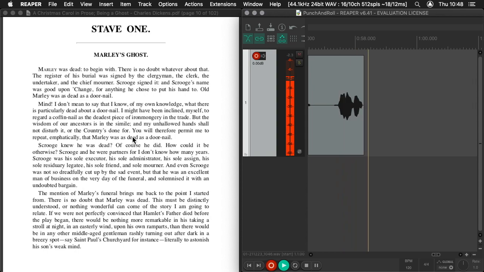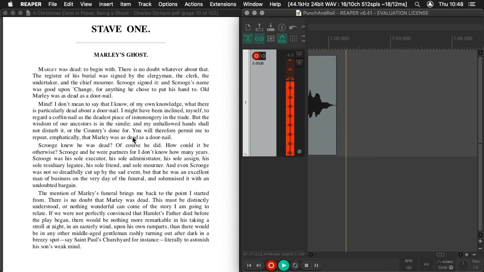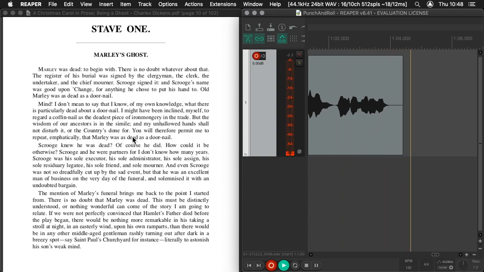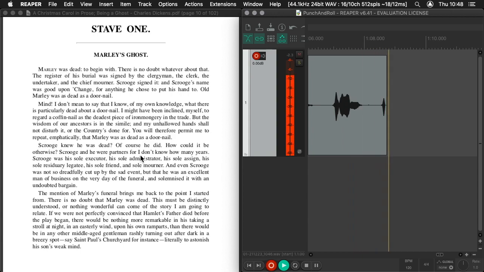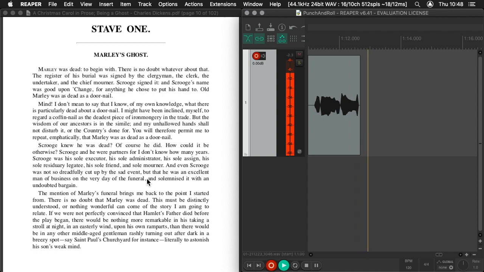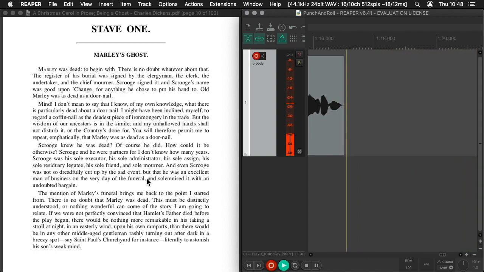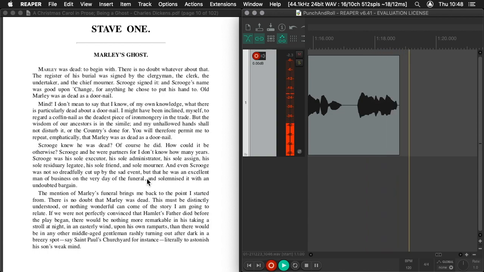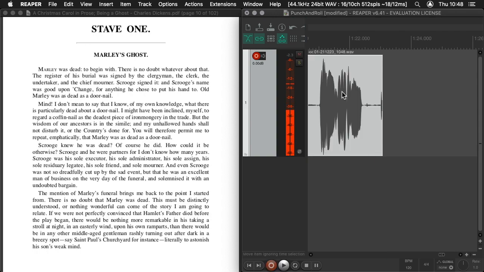You will therefore permit me to repeat, emphatically, that Marley was as dead as a doornail. Scrooge knew he was dead. Of course he did. How could it be otherwise? Scrooge and he were partners for I don't know how many years. Scrooge was his sole executor, his sole administrator, his sole assign, his sole residuary,